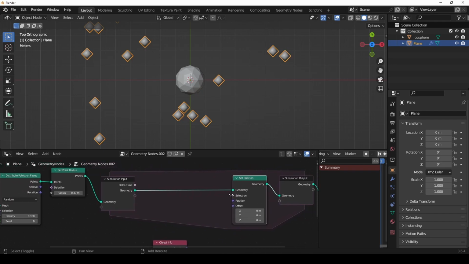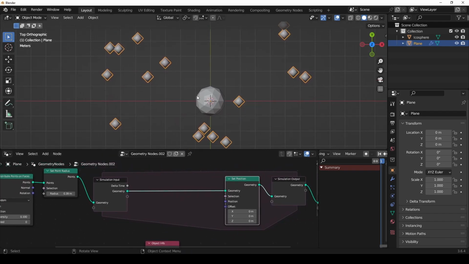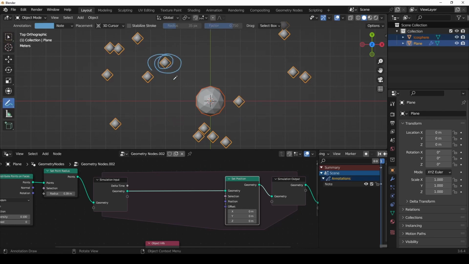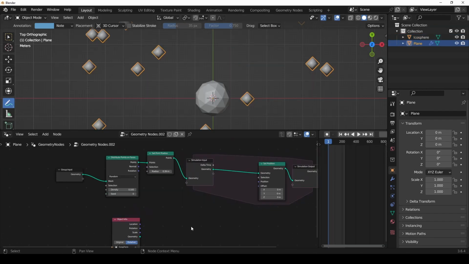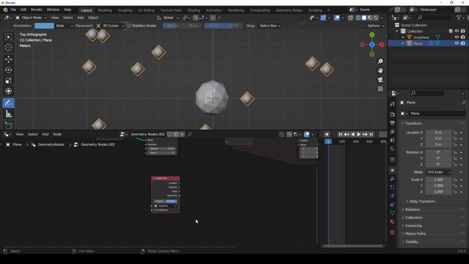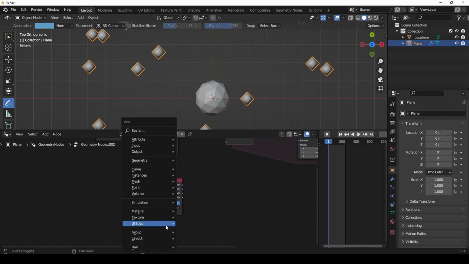Now, how are we going to rotate the points with respect to the center? For that, we first of all need the position of the point, the vector of the point from the center, because we want to rotate it with respect to the center. To do that, it's just the point location minus the center location, since subtracting a point from a point will give us a vector forwarded toward the first operand. First of all, we need to start by getting the position of the center and the position of each